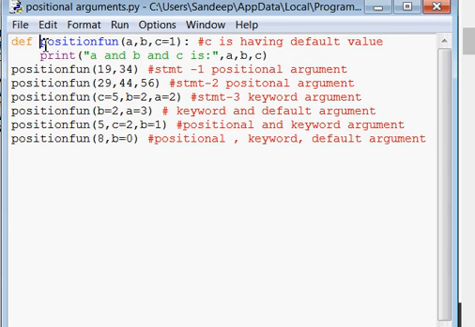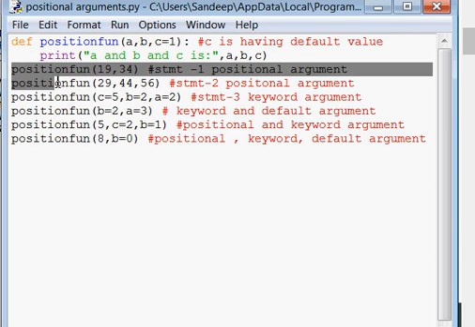If there is no function calling statement, it means that function will not be executed. So for execution of any function we need to write a function calling statement. I have written multiple function calling statements in this code.